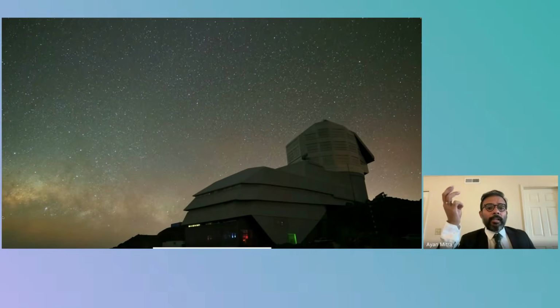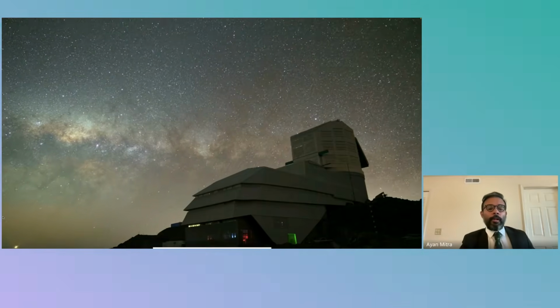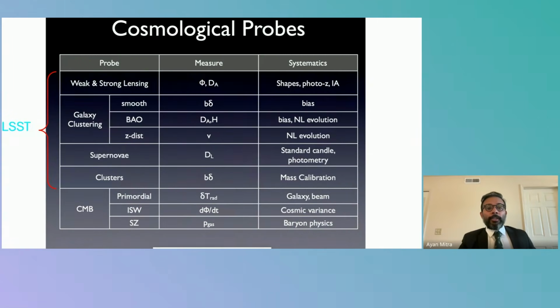It's engineers, computer scientists, mathematicians, statisticians. Everything is needed to make such huge projects a success. And so, like I mentioned, supernova is not the only way. There are many other ways you can map, and they have their individual specialities of what information you can gather about the universe. There's galaxy clustering, CMB, which you have probably heard of, cosmic microwave background, gravitational lensing, etc. And they all measure different things. I'm mostly working on supernova, so it measures distance, as I mentioned, using the standard candle theory.